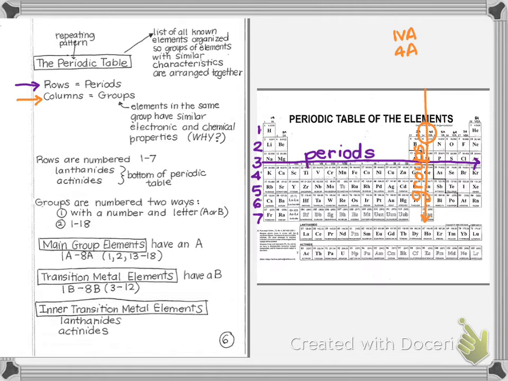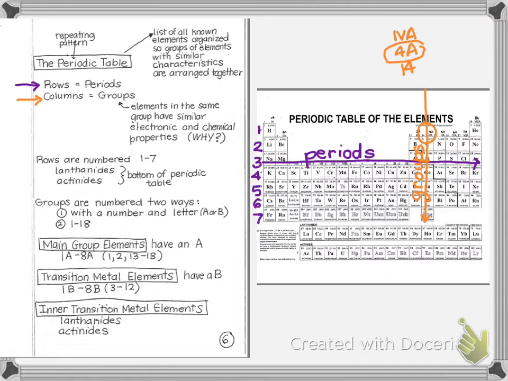And then the most modern way is just to count over from left to right. And we would see that carbon is in the 14th column as you go left to right. So they would just label it number 14. Now, in all honesty, labeling it number 14 is my least favorite part because the letter A and the other letter, B, actually tell me something. So I prefer, probably in my own things, though you don't have to memorize any of these, to me, I kind of prefer just the 4A.